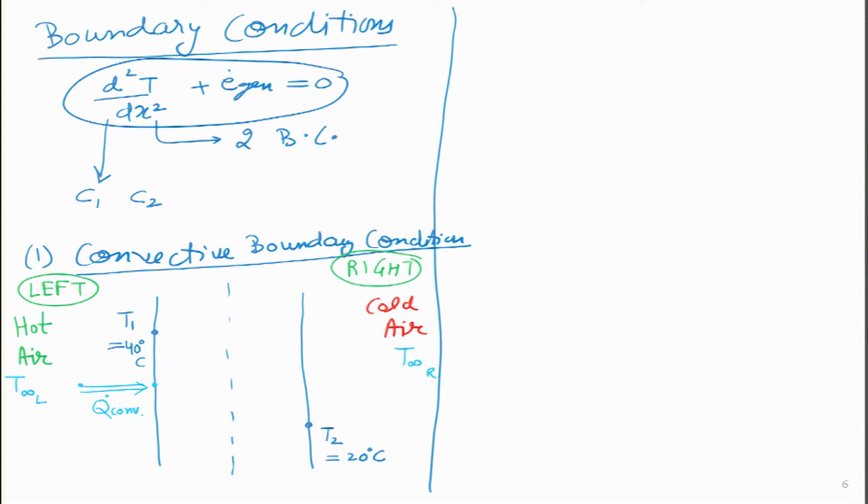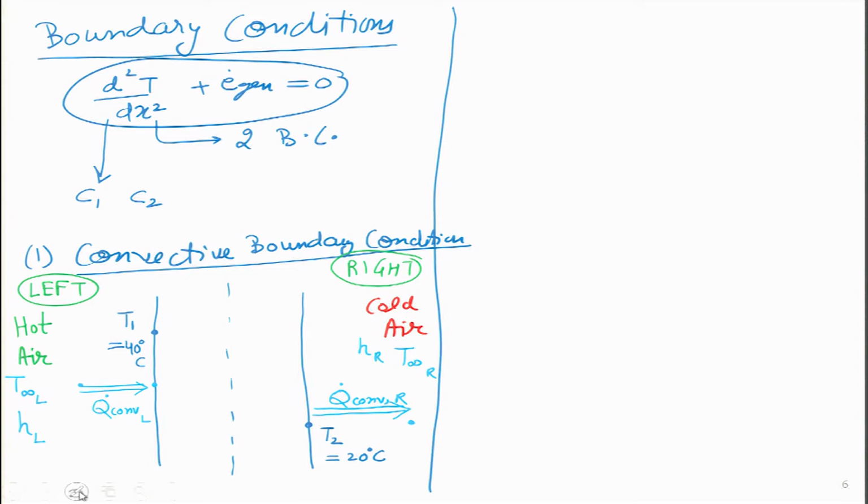and again I will put a subscript left over here, and again on the right hand side this air has a certain temperature. So, from the wall to the air over here some convection will be taking place, and I will write that as Q convection. Because it is taking place on the right hand side, I will put a subscript R. If you go back on the left side, because convection is taking place, I must have a convective heat transfer coefficient value, which is given as HL. And similarly, on the right hand side, on the cold air side, I must have another value of heat transfer coefficient, which I will write as HR.